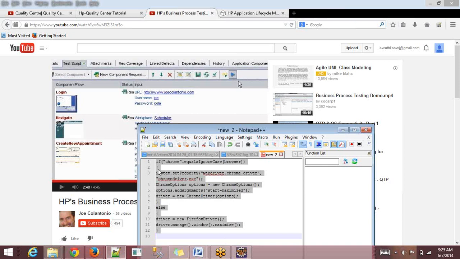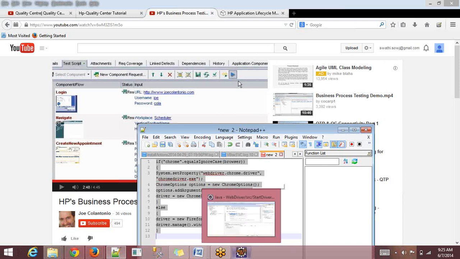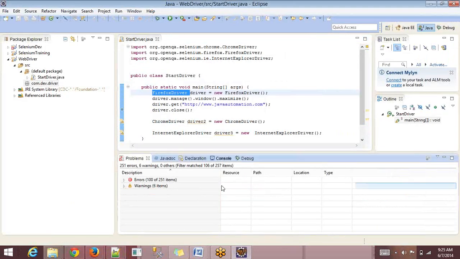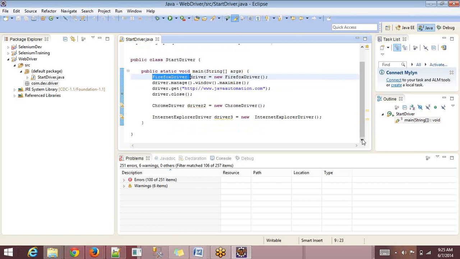So let me write a code to open a URL in my desired browser. So let me create a class name